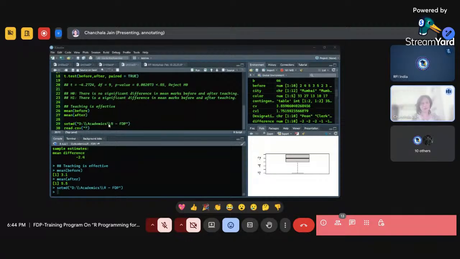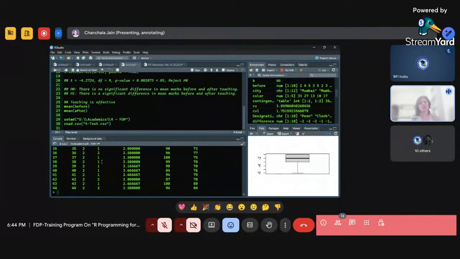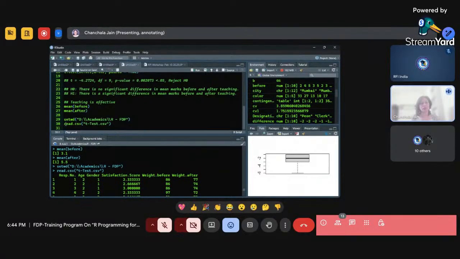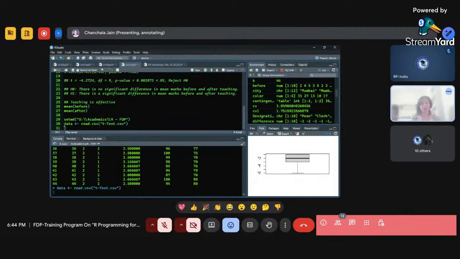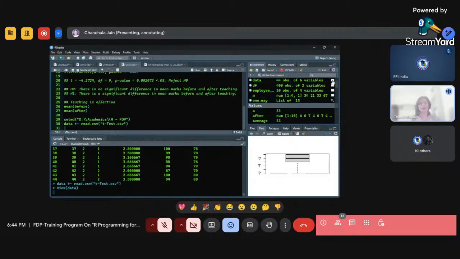I'll write the name of my file. So this is the file, right? I can store it somewhere. Now you can see this is my data,